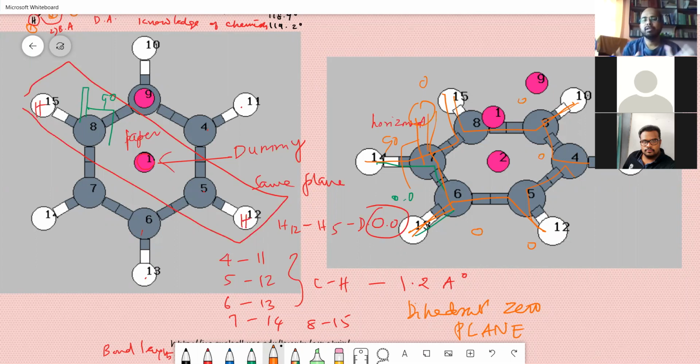Then, using models, you get the dihedral angle. The dihedral angle is something like this. I am connecting two of my fingers using a pen. If all of them are on the same plane, it is 0. I rotate this, it becomes 90 degrees. I rotate further, it becomes 90 degrees again. The rotation of the molecule along the axis goes through so many angles, and the energy changes with every rotation.